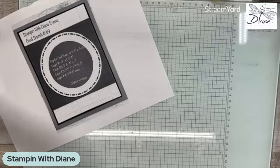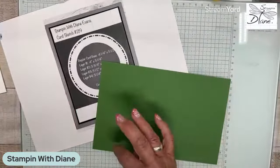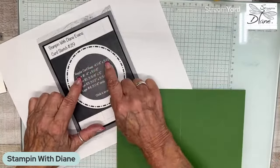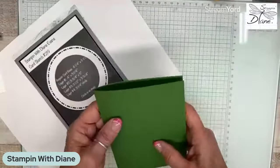So I have my cardstock cut out here. I have garden green as the base, which is 5.5 by 8.5, scored at 4 1/4. So when I do the regular card base, I'll say this is the finished side. So it's 4 1/4 by 5.5. Now, if you are in our metric